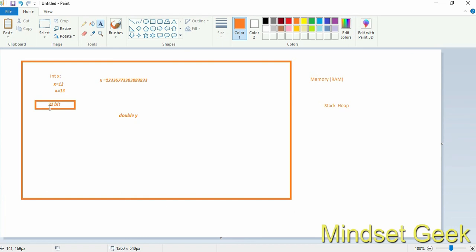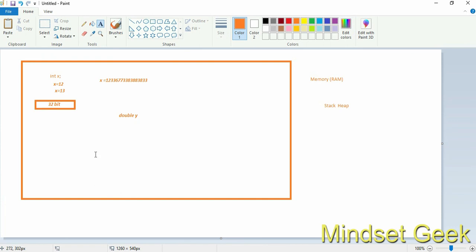Then we can store a value to that memory location. That is the variable creation and value assigning part. The thing is, you can't store just any value in that variable. It depends on the variable type. The reason is that variable size is always fixed.